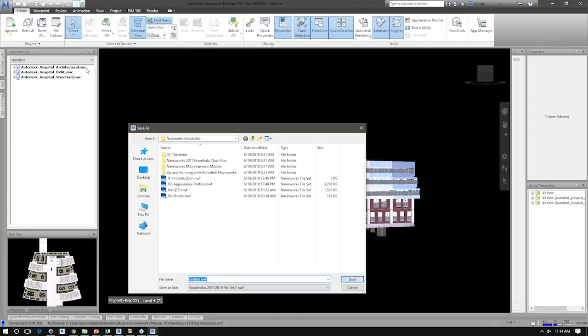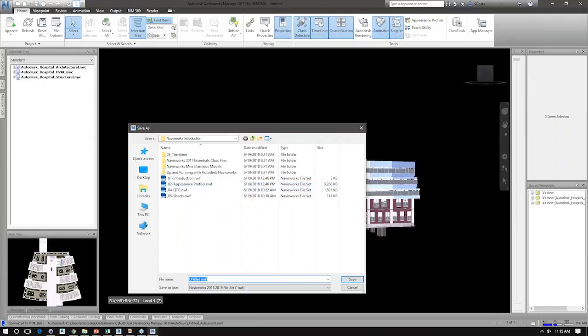The cache file represents a cached version or an optimized version of the original authored file. So in the case of the examples that I'm going to be doing for the entire webinar, these came from Revit. And because they came from Revit, I can't open up a native Revit file type inside of Navisworks. Navisworks needs to create an optimized version of that file in order for it to display on the screen. So that optimized version is the NWC format. The nice thing about the NWC format is that it's linked to the original authored file. So if I make changes to those files and I update the NWC file, my federated model will also be updated,